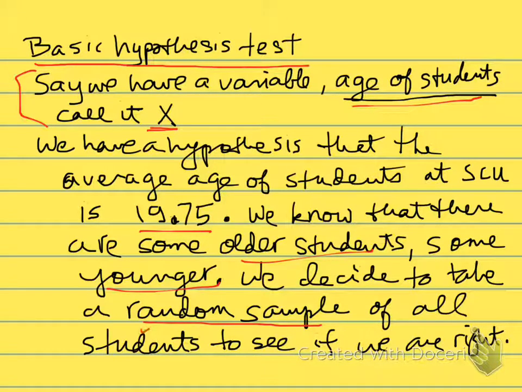And we want to emphasize the randomness of the sample. We obviously don't want to take a non-random sample. We don't want to take a sample of seniors and ask them their ages, because they're not representative of the population of students at Santa Clara University, and they'd obviously be older than the average or typical student. So we take a random sample from all the students at Santa Clara University, and then we'll use that random sample to conduct a hypothesis test,